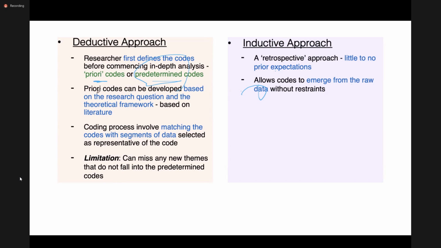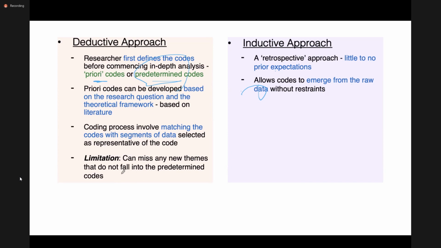So we have a list of a priori codes that we can develop based on our research question and our literature review. And then we can try to match these with segments of our collected data.